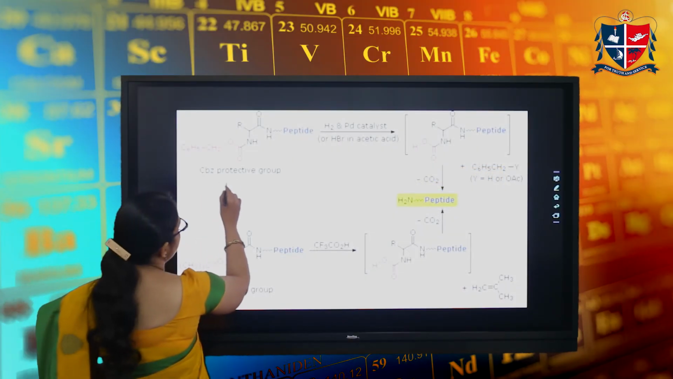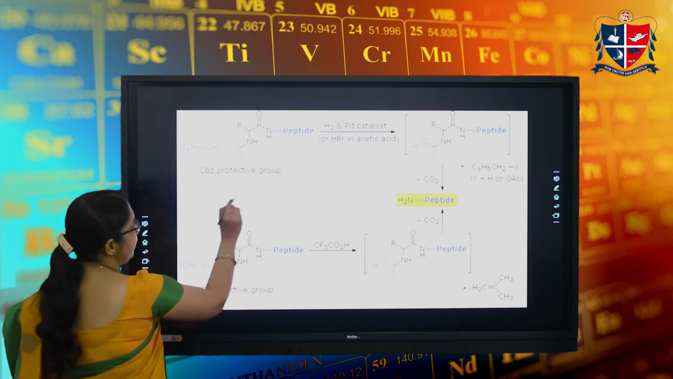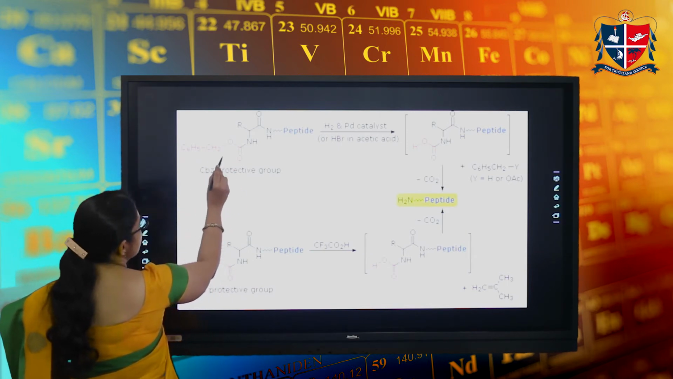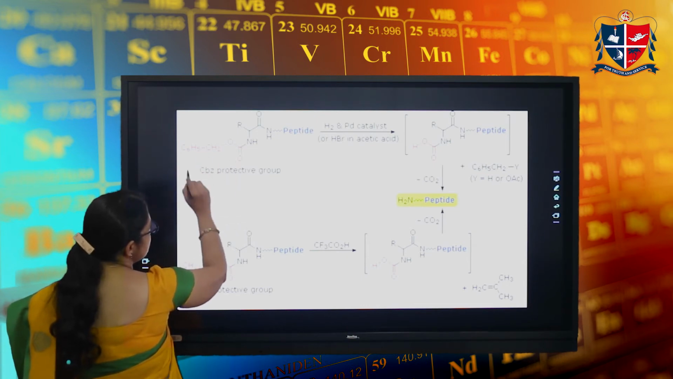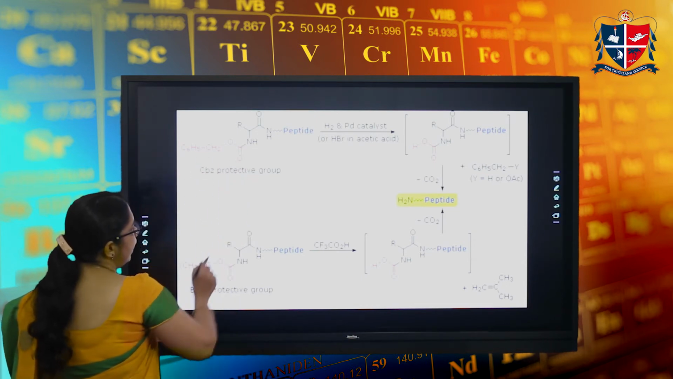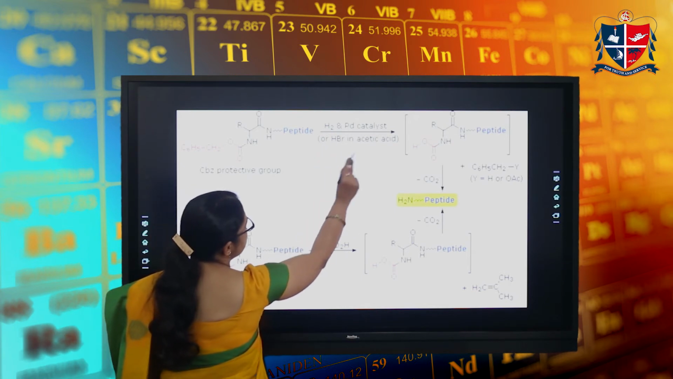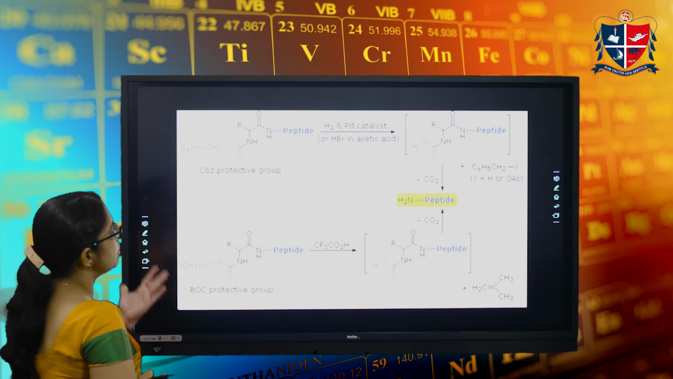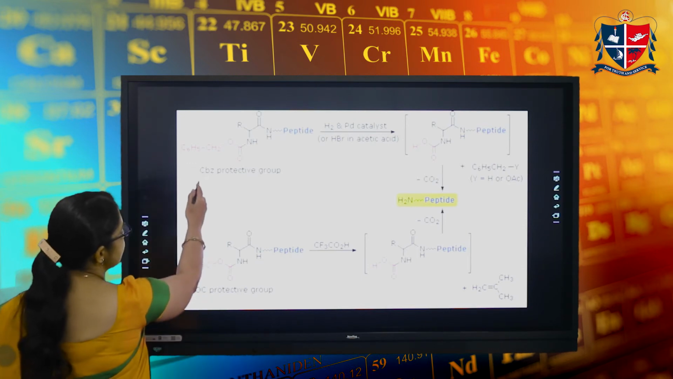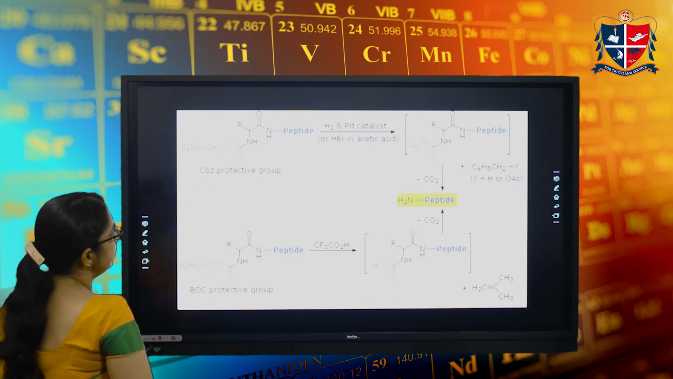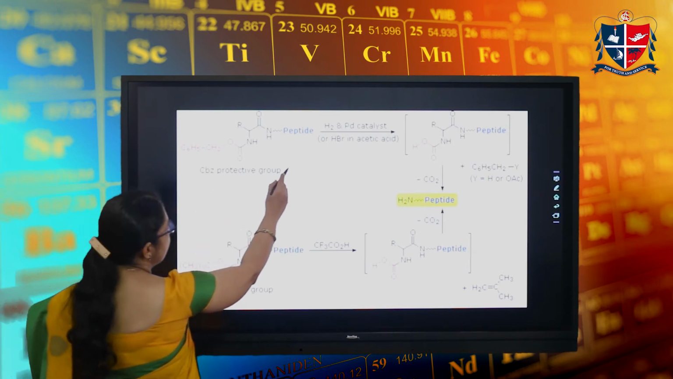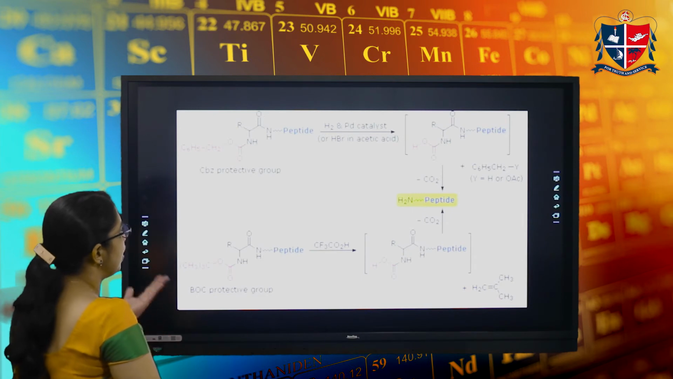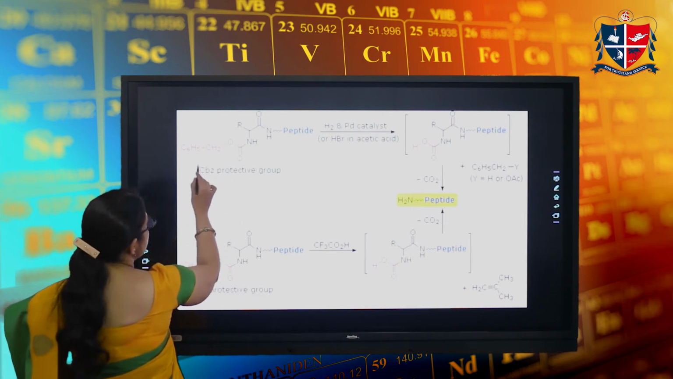That is, this is a protected amino acid or a protected peptide, and here this benzyloxycarbonyl group is introduced to protect this NH2 group. In the final step, hydrogen in the presence of palladium catalyst or HBr in acetic acid is used to deprotect this benzyloxycarbonyl group. And here, what happens is that when reacting with hydrogen in the presence of palladium catalyst or HBr in acetic acid, this group